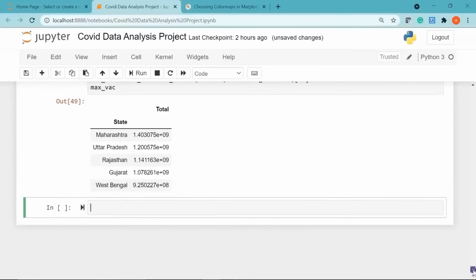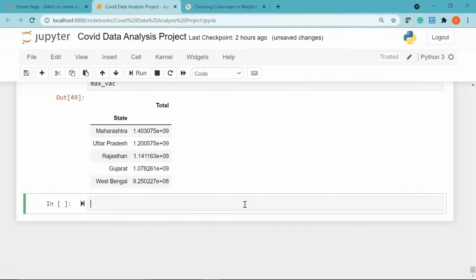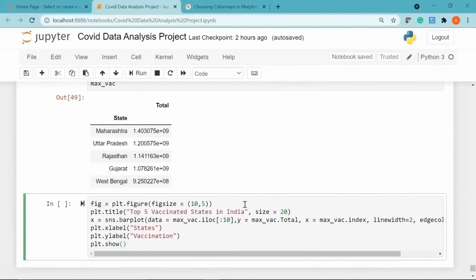Now I had already written my code for the bar plot. I'm just going to paste it. So here I have defined my figure size as 10,5. Then I'm giving a title as top 5 vaccinated states in India and the size is 20. After that, I've created a variable called x, which is going to store my bar plot. This bar plot we have created using the Seaborn library, and